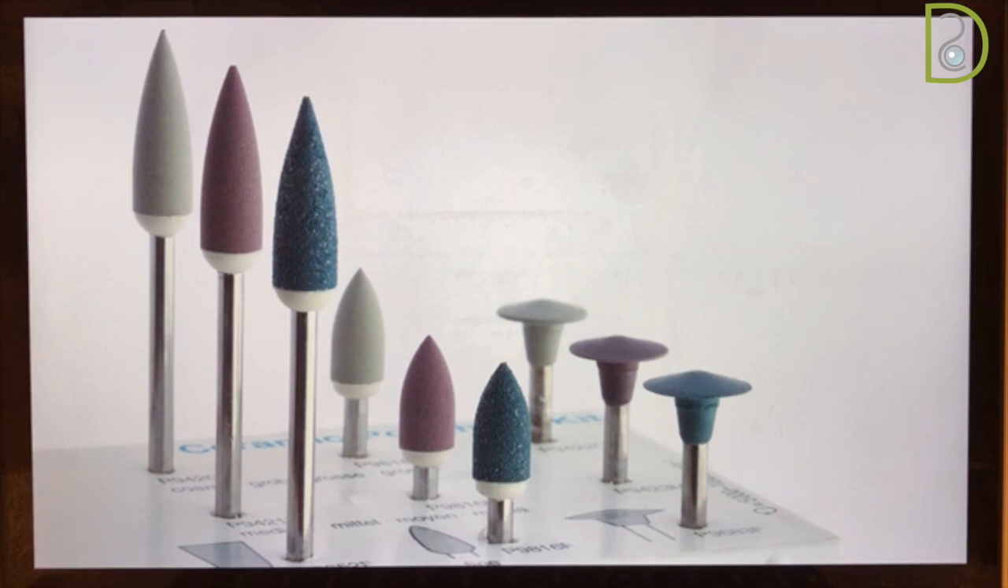So regardless of whether you started using the blue one or the pink one, what you need to do is finish up and wrap it with the polisher, which is the gray one. All right, now